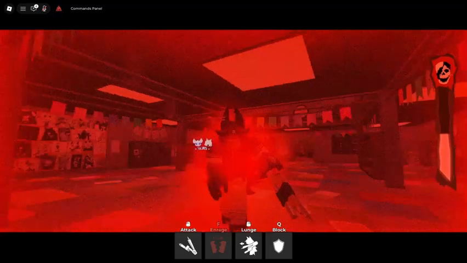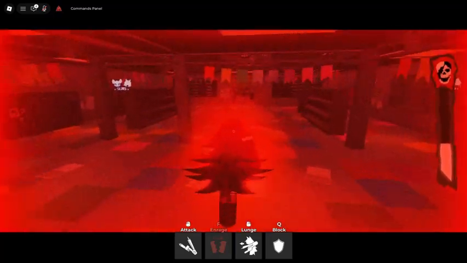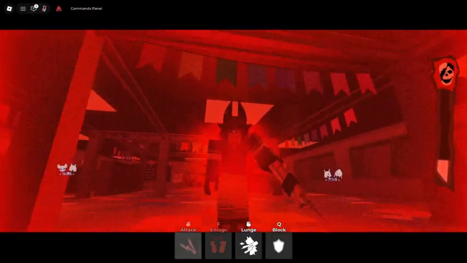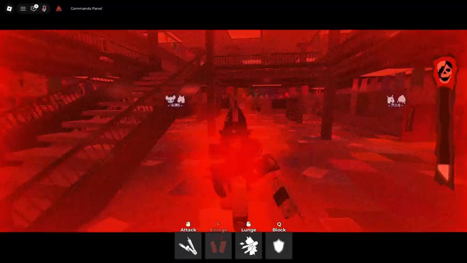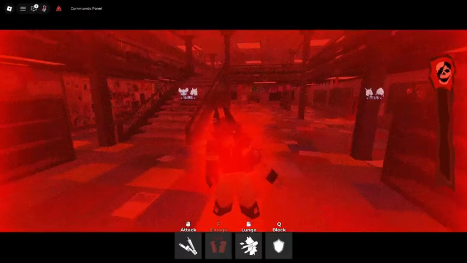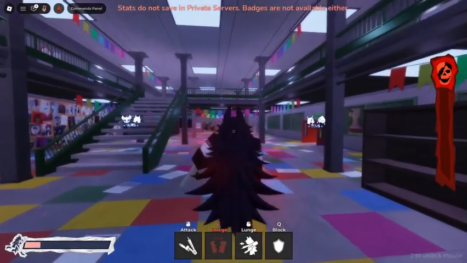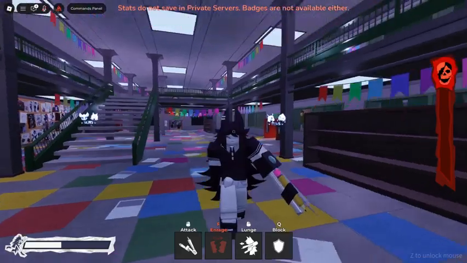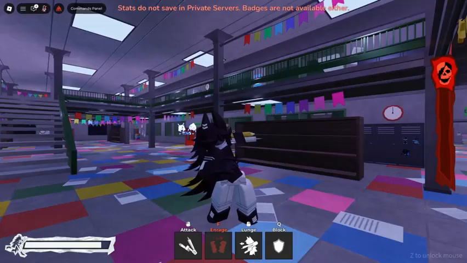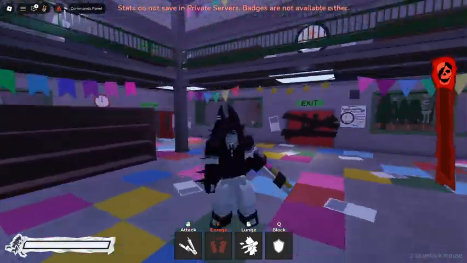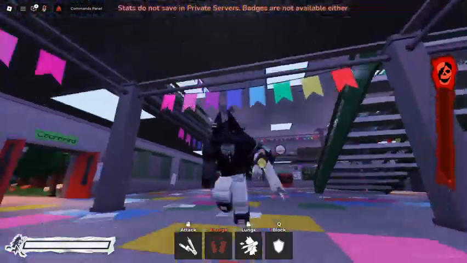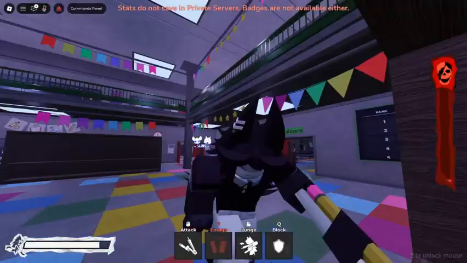Now there is no one in the lobby, so I can't really show you what it does. But basically, if I were to hit somebody while I'm in this phase, they would die instantly. So while Miss Circle is enraged, she becomes a one-shot kill instead of the normal 3-shot kill. Miss Circle does have to hit you 3 times before you die, but with the lunge, she only has to hit you twice. So yeah, she's pretty powerful, the most powerful killer in the game, unlike the other characters.